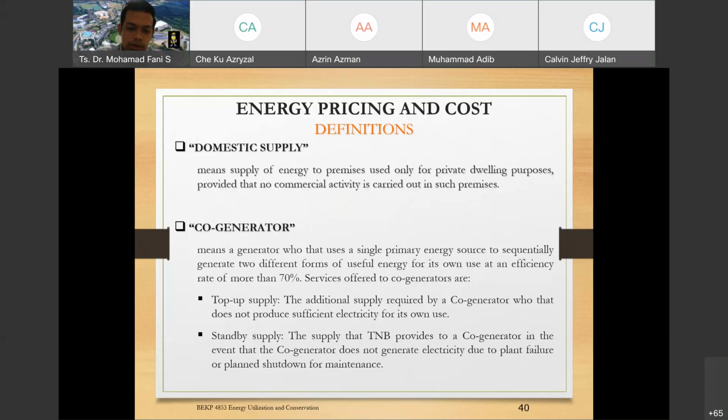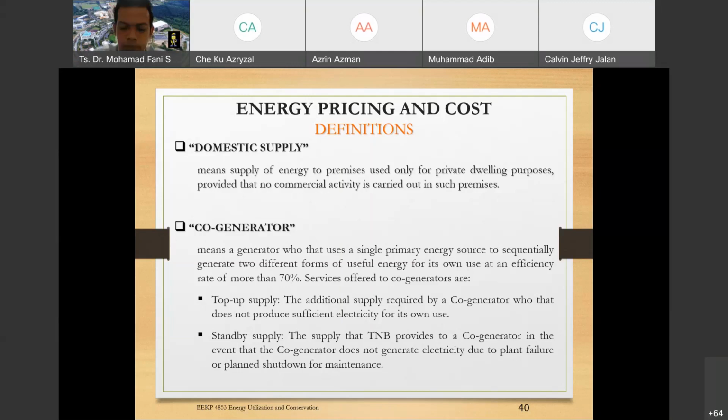So this one is another definition for co-generator, which has two kinds of service offered, top-up supply and the other one is standby supply. So TNB will charge the consumer for the standby supply or top-up supply, especially during